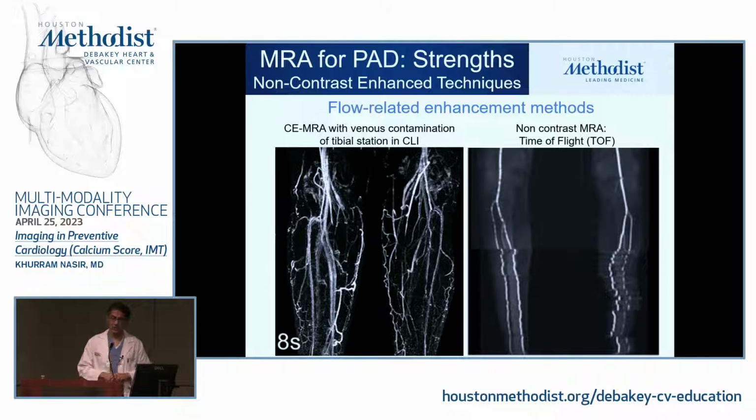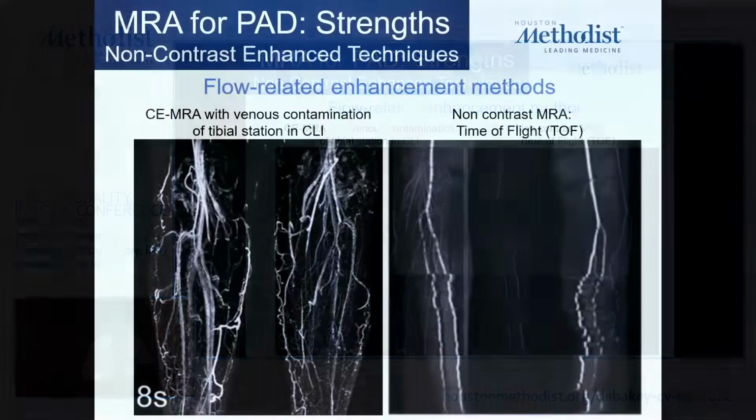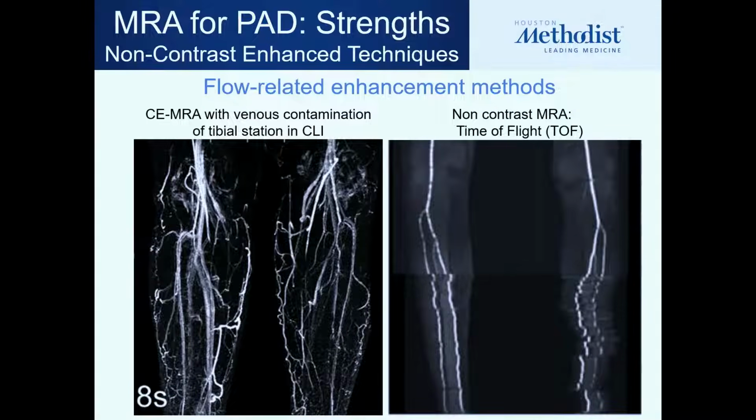And it's not unusual that when we image with CT and sometimes with MRI, in a patient who has critical limb ischemia or chronic limb ischemia, you will have a lot of venous contamination in those vessels below the knee, just like in this picture, because of the fast movement of contrast from the arterial system